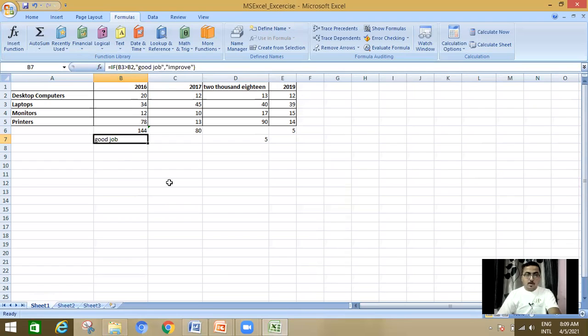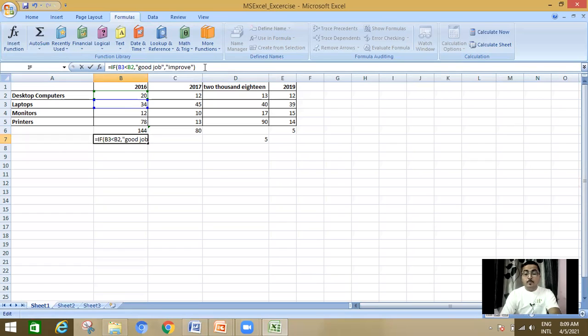Why? Because the condition B3 is greater than B2 is correct. 34 is greater than 20. So the true value will be printed. Otherwise, if B3 is less than B2, then what is to be printed? B3 is not less than B2, so the condition will be false.